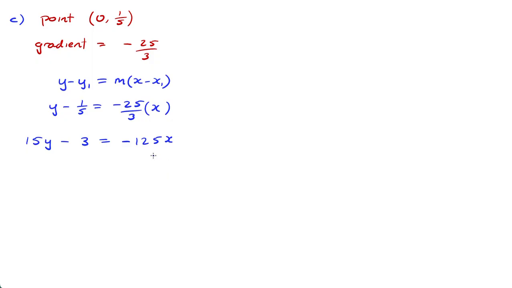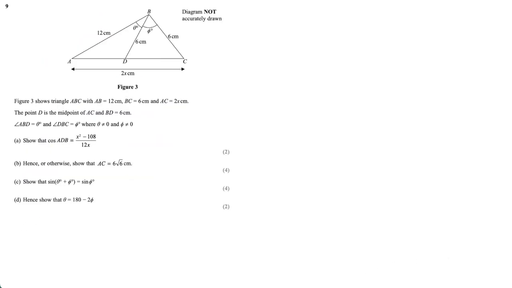He wants the form ax plus by plus c equals 0. So let's add this over here. 125x plus 15y minus 3 equals 0. That, guys, is